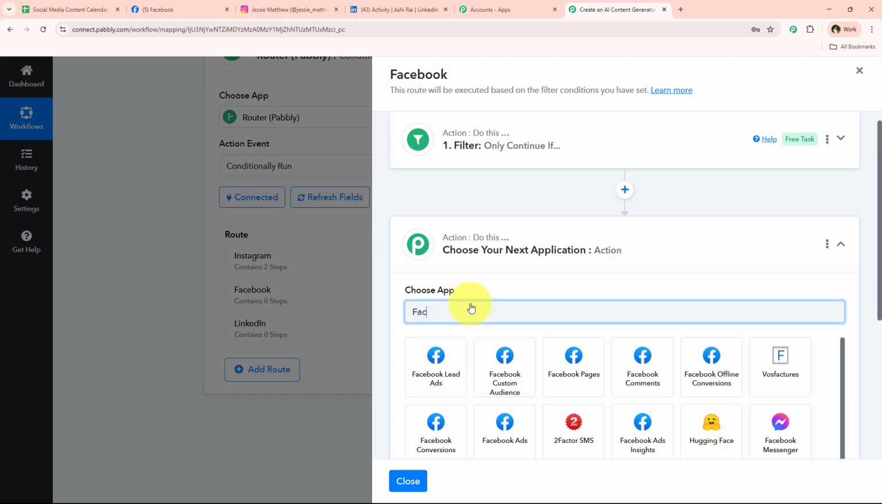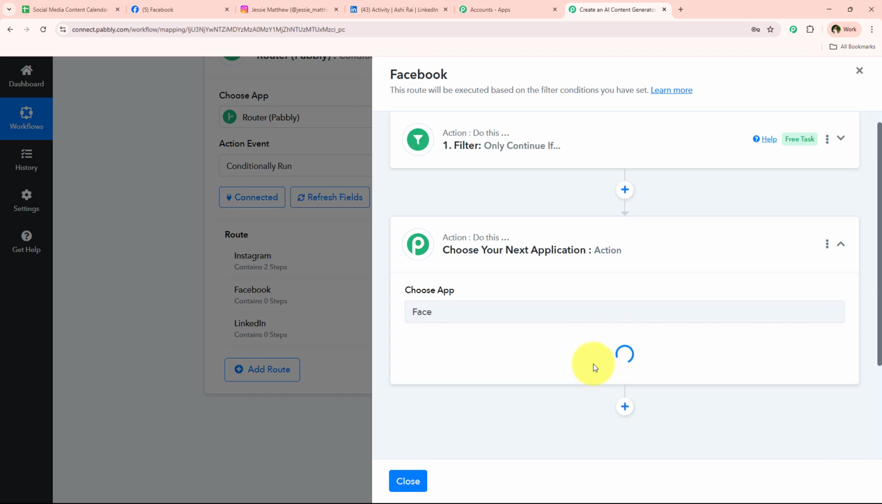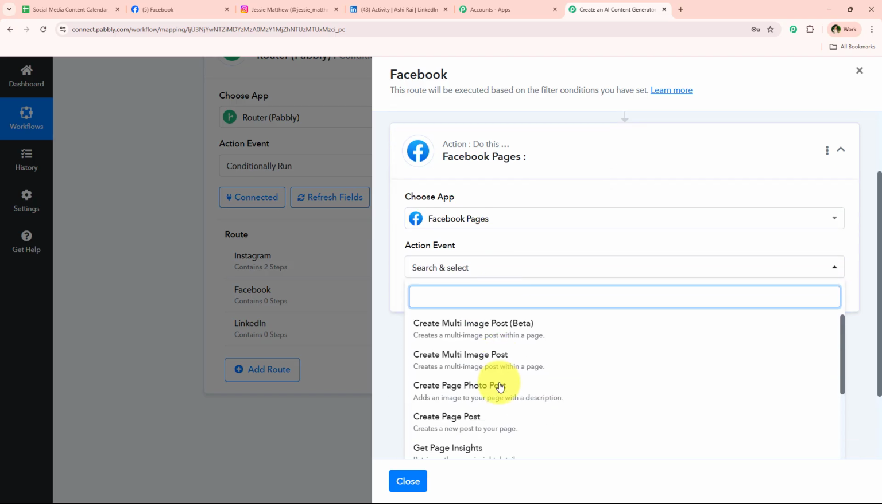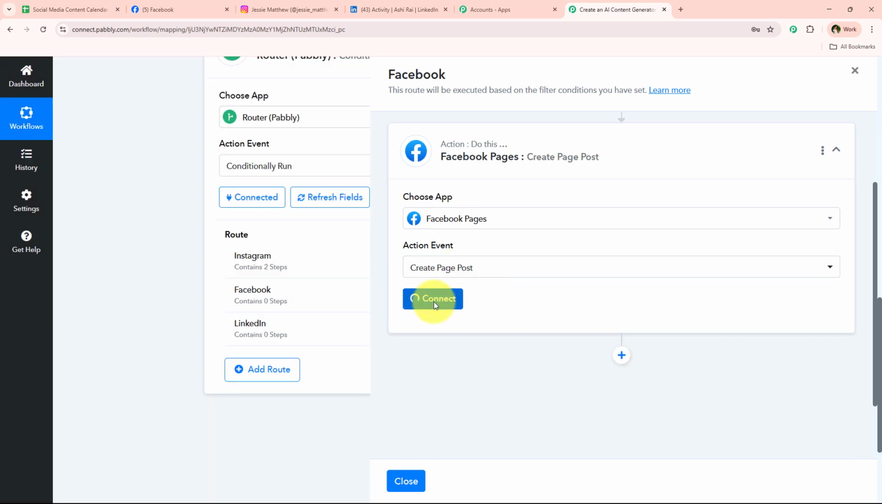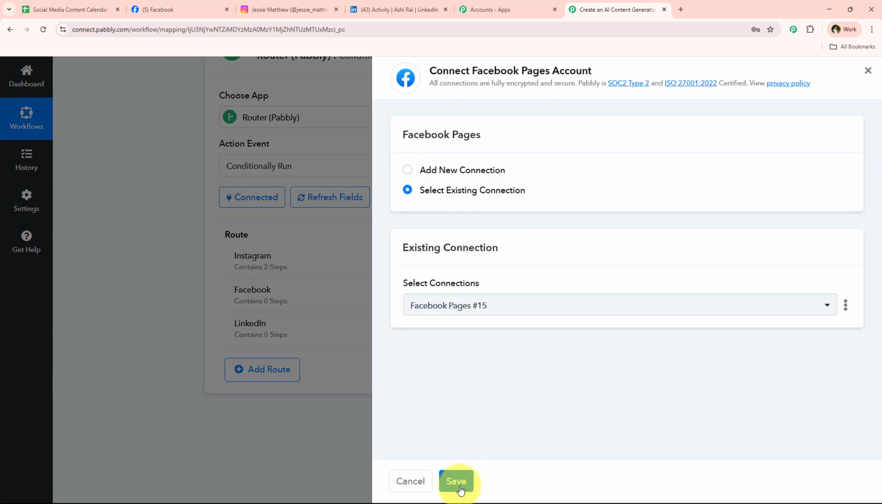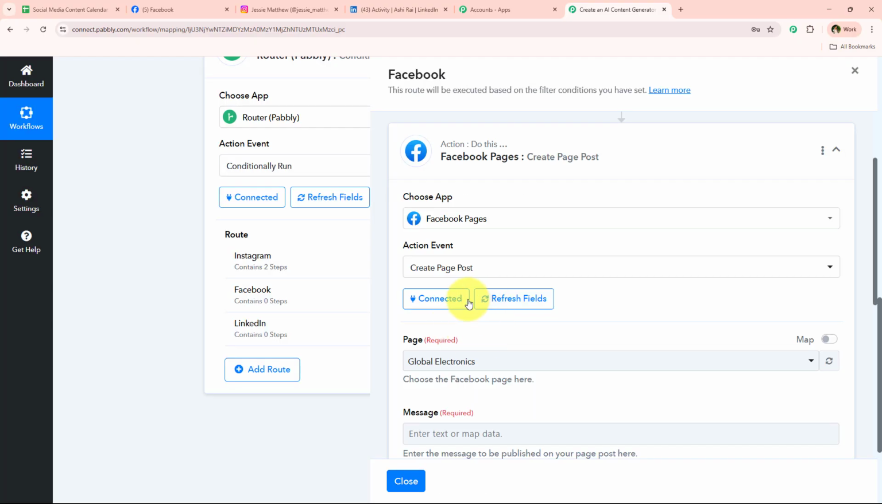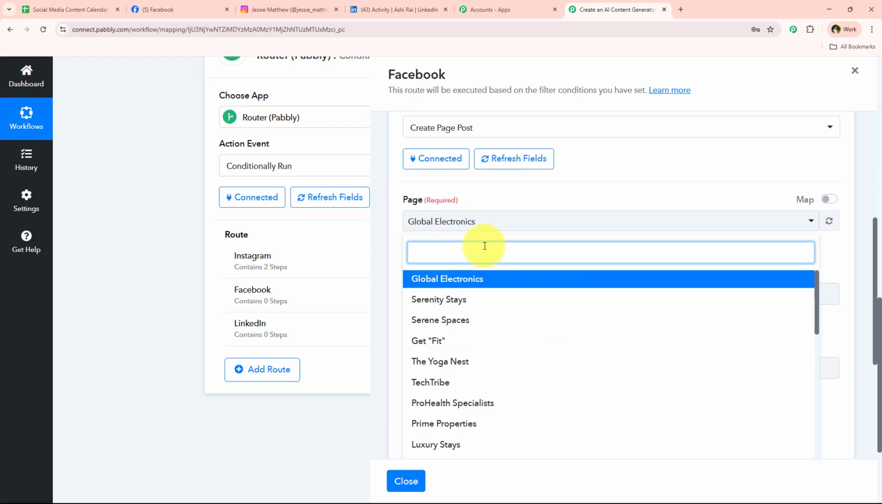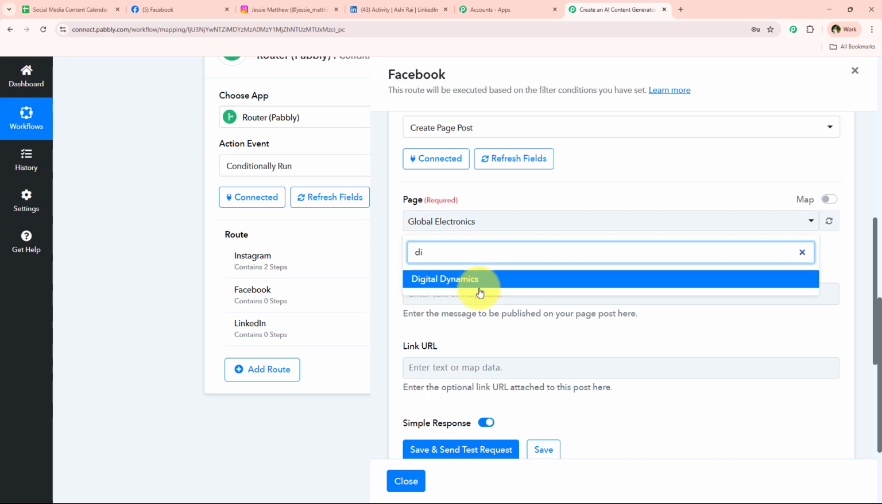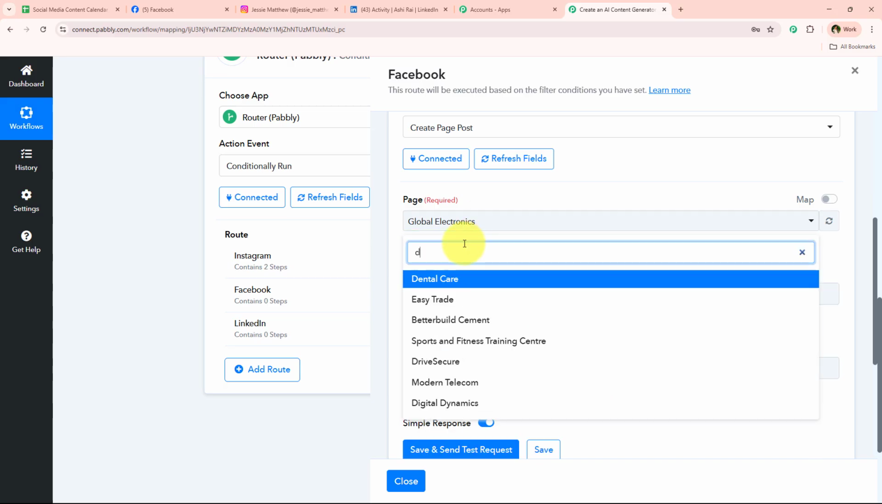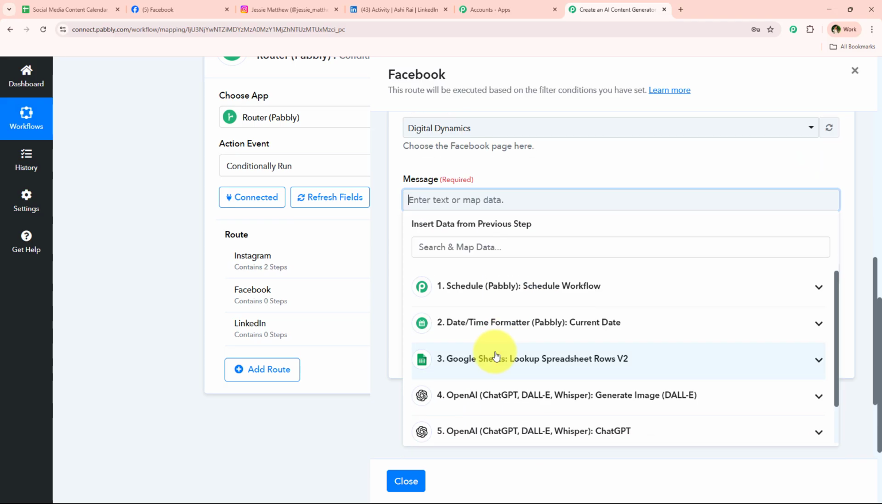And now for the action application I'm simply going to select it as Facebook Pages, and for the action event I'm just going to select it as Create Page Post and click on this connect. I've already connected my Facebook, so I'm simply going to click on this select existing connection and then save. Once again I'm just going to select the page right over here, which is my Facebook page Digital Dynamics. So I'm just going to select it, and now I'm just going to enter the message